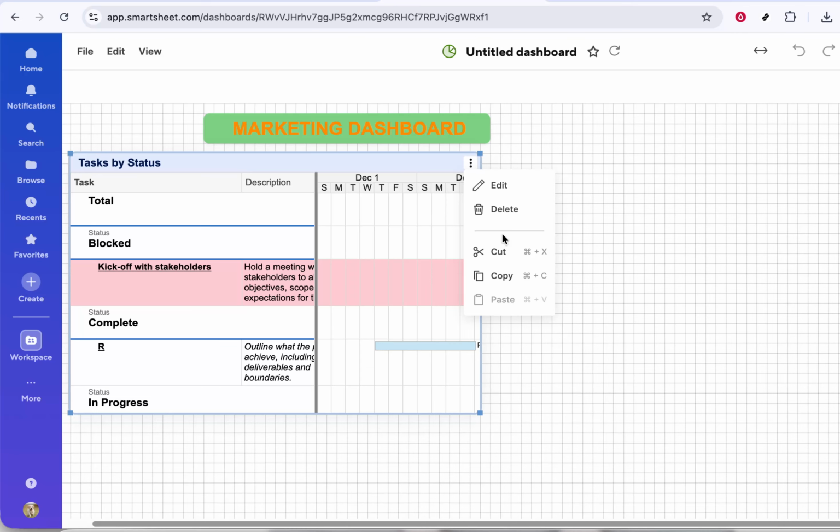If you remove the wrong widget by mistake, you can try using the undo option if it's still available in your current editing session. Otherwise, you may need to add a new widget and reconfigure it, and that's all there is to it. You open the dashboard, click the three dots on the widget you want to remove, and then choose Delete to remove